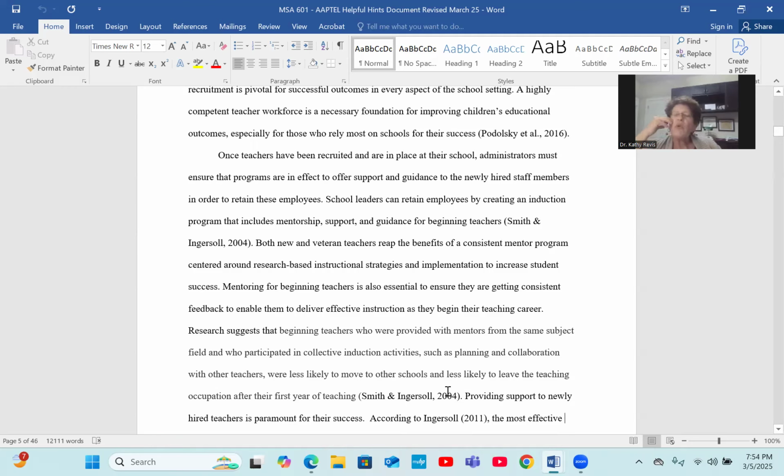What authors do we want to see here? We're going to leave this one open. But I want them to understand. When I did my dissertation, I used Ingersoll a lot back in the day, but he's very relevant still. So Ingersoll has been used in this research pretty much.